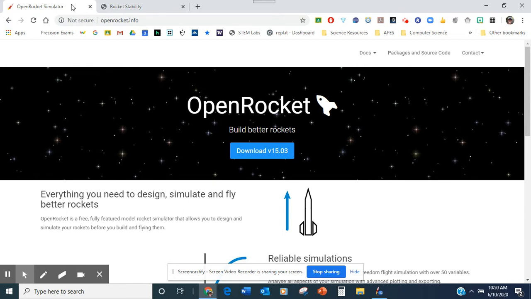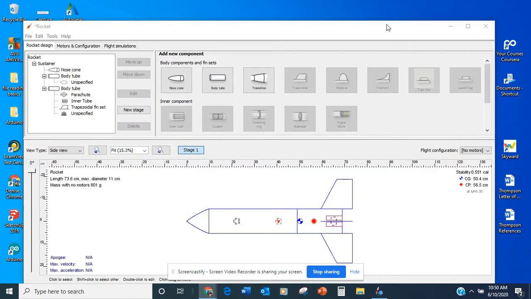If you don't have access to a laptop computer that you can open OpenRocket on, please let me know. But basically, the URL is here at the top of the screen. You can Google OpenRocket. It's like the first thing that pops up, or the link is also in Google Classroom. Once you get to the right web page, click on this big blue button that says download version 15.03, and it will execute what's called a jar file, which is essentially a Java applet file